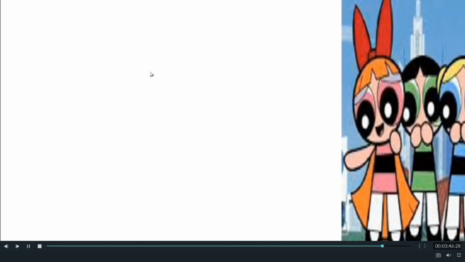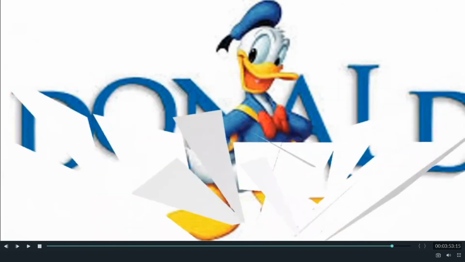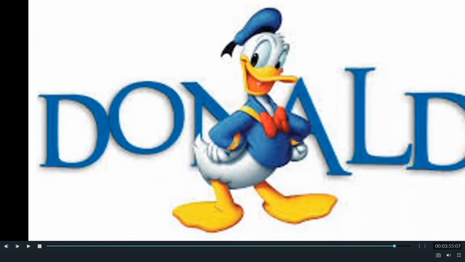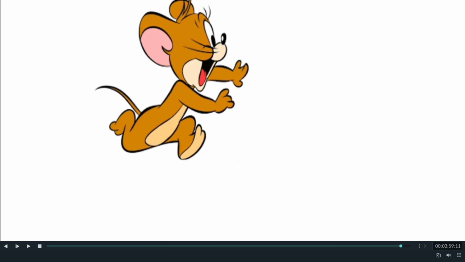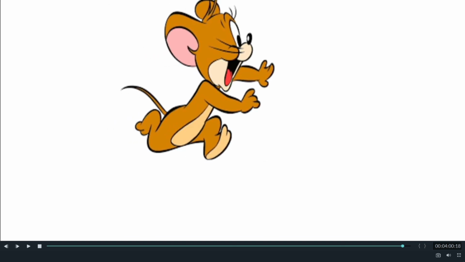Now this is your transition effect, and the girls which are moving are the animation effect. Now again, my next slide, see, this is my transition effect, and the slide which went by, now the new slide has appeared, so that is my transition effect. Same way here also, this is my transition effect, because for Donald Duck I have not applied any animation, but now see, this slide has appeared in gallery form, that we selected as its transition effect, and this is moving right, and this is my animation effect.